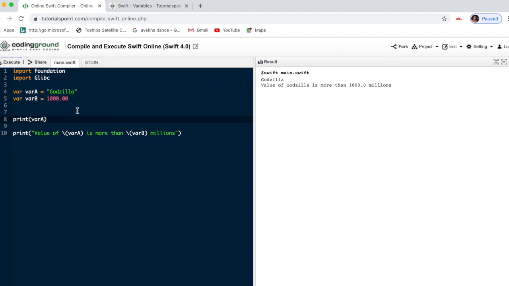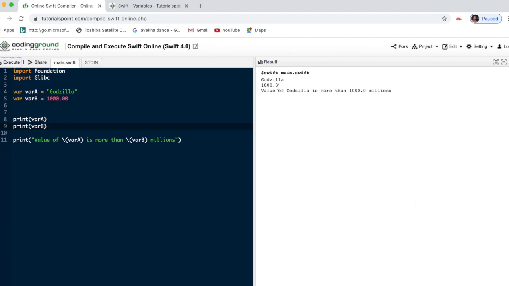Okay, the first thing. The other thing is, if I print var p, what happens? See, it prints the first value, then the second value, then the sentence, all of this. And we are going through this print. And this is the sentence I need to give the value of.